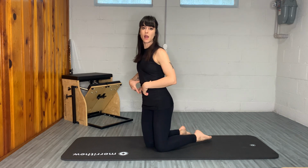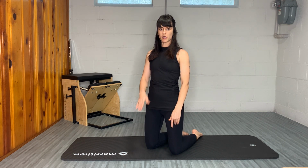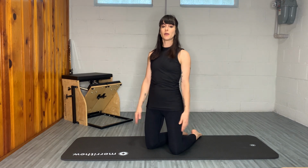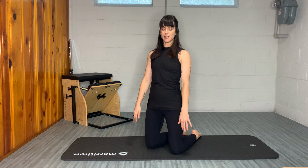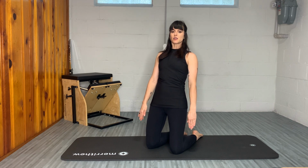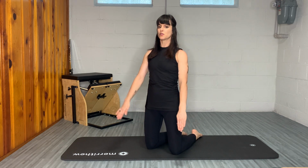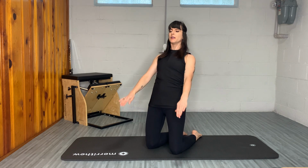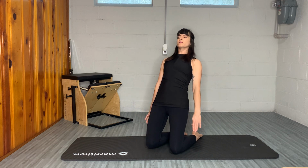All right, so we're gonna do our 100s here. A little bit more quad work, a little bit different feeling through our core. We're gonna be pumping our arms at our side, up and down. And when we inhale, we're going to lean back. As we exhale, you're gonna come back up just like the last exercise. So let's go ahead and begin. We're gonna lean back, start to pump those arms. Inhale, 2, 3, 4, 5. Exhale, shoulders over knees. Inhale, lean, 2, 3, 4, 5, and exhale up, 2, 3, 4, 5, and lean, and up,